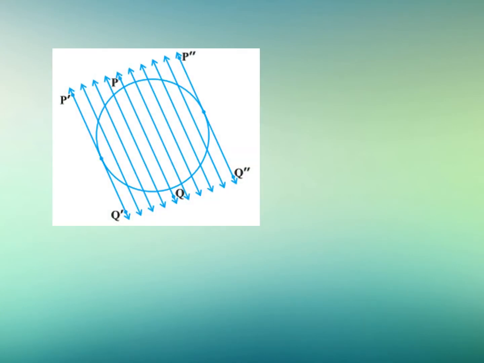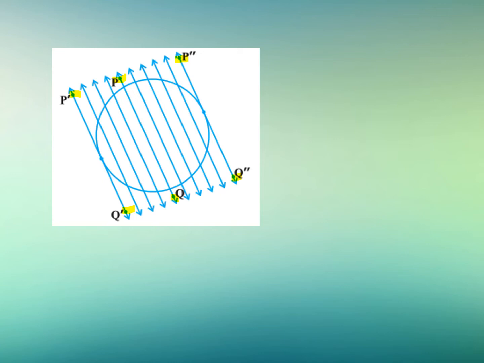Here is the diagram which shows you the number of lines that are parallel to the secant PQ. I hope you are able to see the secant here. This is the secant line PQ which we have already drawn in the previous board. And there are so many lines that are drawn parallel to this PQ, out of which you can see the lines P'Q' and P2'Q2' are parallel to the secant and also pass through the circle at exactly one point. Hence, these lines, P'Q' and P2'Q2', are called tangents.